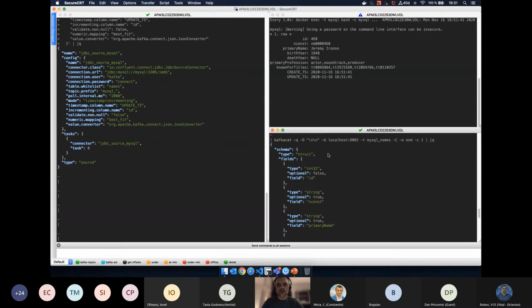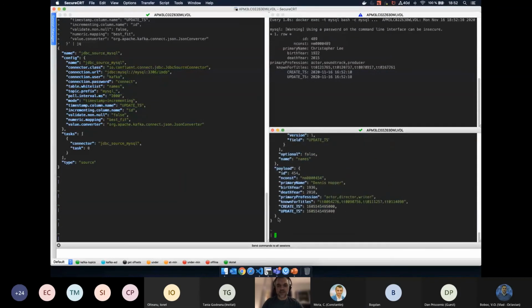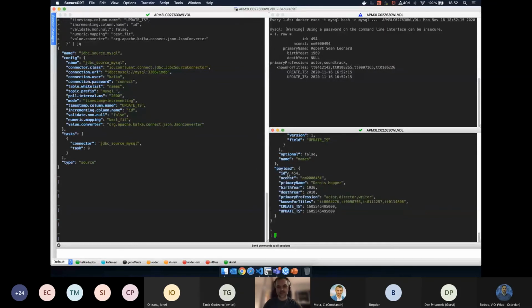We can see that our event has an associated schema, which is converted from the data types used by our source, in this case MySQL, into data types specific for Java. And besides our schema, we have the actual payload of our message, which contains our keys and our information from our table rows.